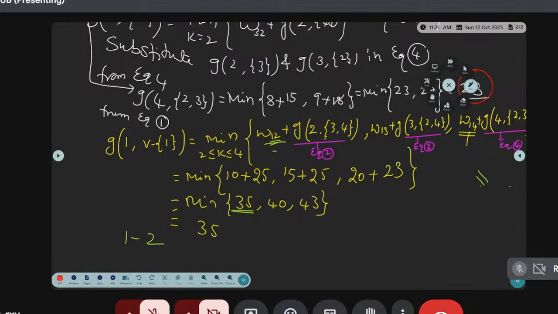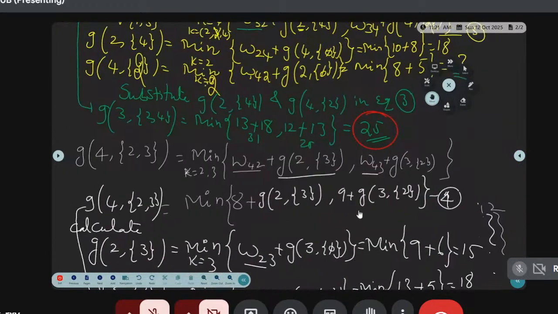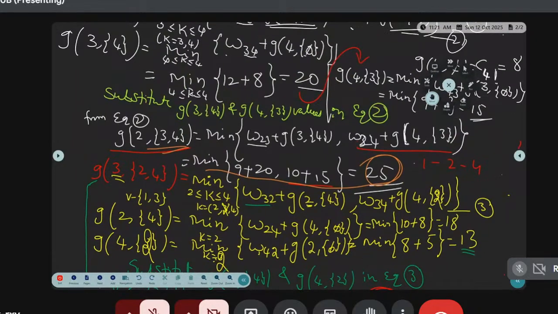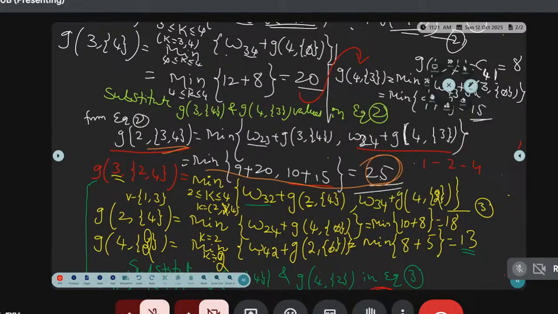But we are calculating here, this value is 25. Now, how is it 25? Either first parameter or second parameter. So we know G2 of 3 is minimum, 25. What is 25? Second parameter. This is 29 plus 25. Second parameter says that W24,